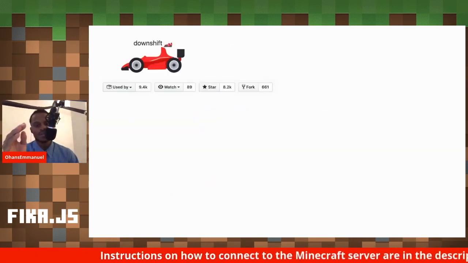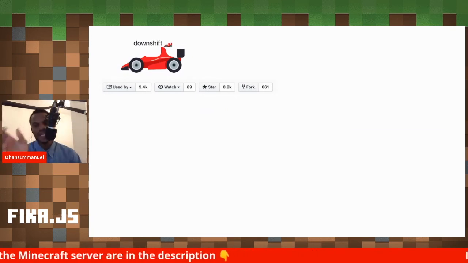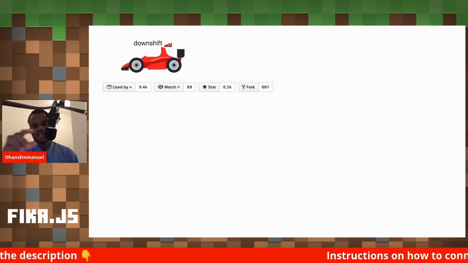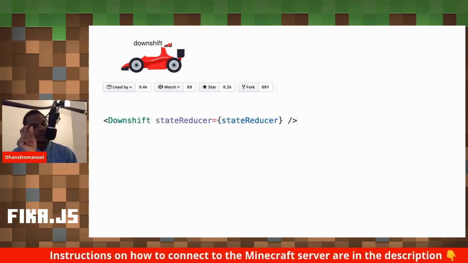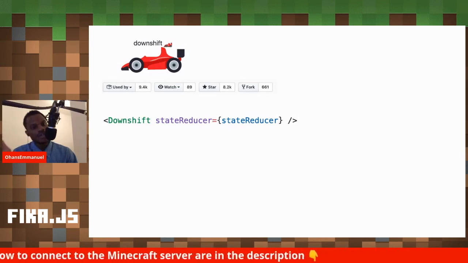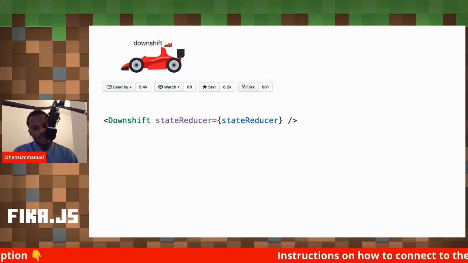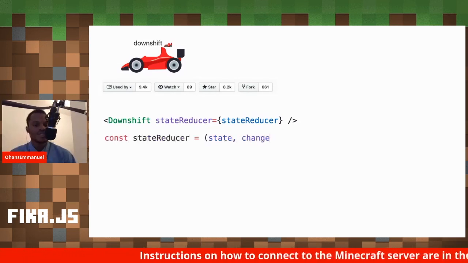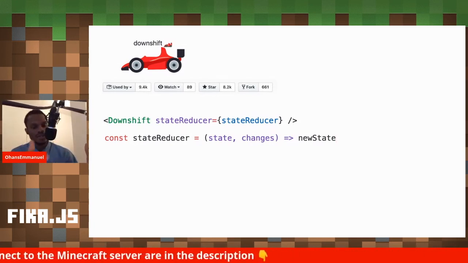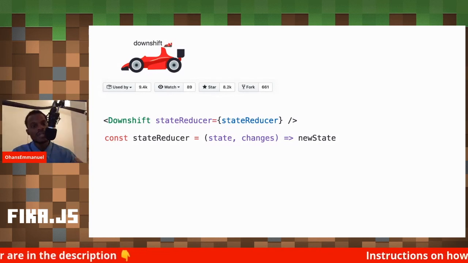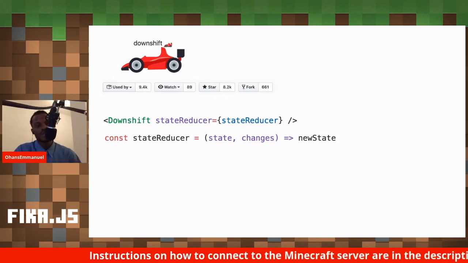Here's Downshift, which helps you build really interesting inputs, React inputs. It could be autocompletes or whatever, but this helps you build all of that. But here's how it works. When you import the component, you can, this is not necessary, pass in the state reducer. This reducer is basically just a reducer. It's going to take state, and it's going to take the proposed changes that Downshift, the component, was going to make internally. It's going to pass this on to that reducer,